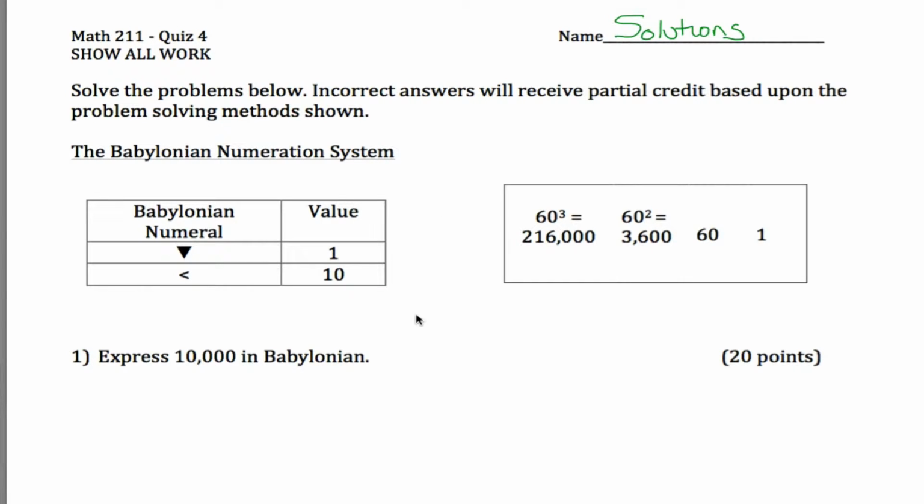This is problem 4 from Math 211. What you're asked to do here is deal with Babylonian numbers. So first, you're given a number in our standard numeration system, 10,000, and asked to write it in